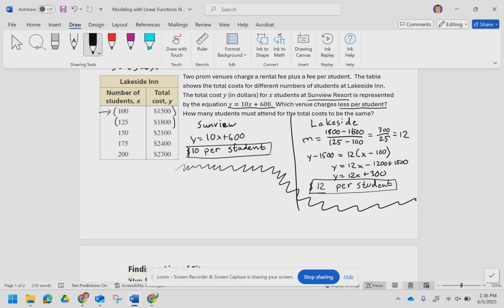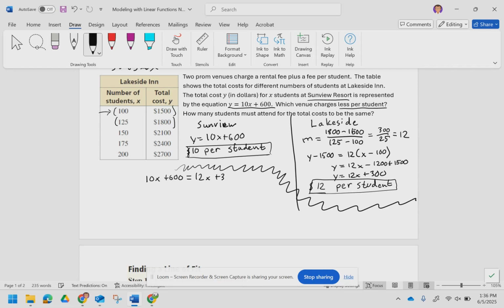All right, so what I want to know is, when is Sunnyview exactly the same as Lakeside? There exists a pretty easy way for us to do this. We can just set the equations equal to each other, because I want to know when they'd cost the same. So I'm going to have my 10x plus 600, and that's going to be equal to